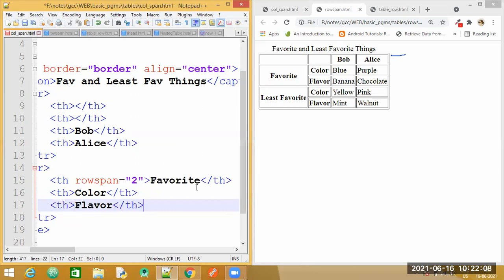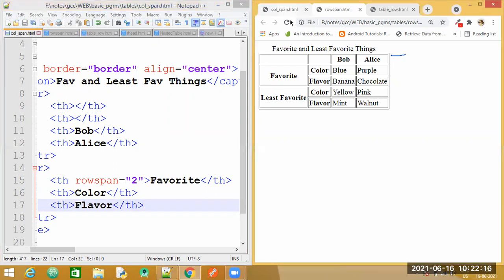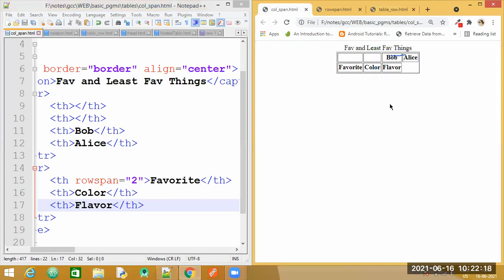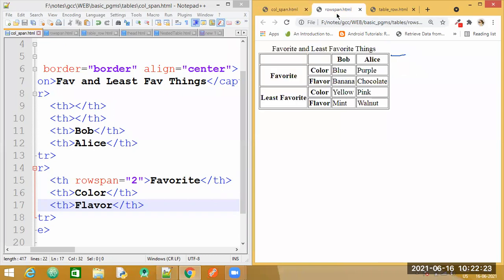So let's save this. Okay. Now, see, you're getting favorite, color and flavor in the same row.